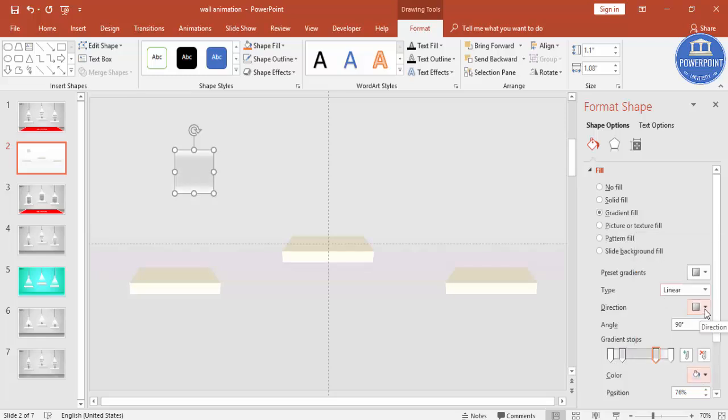So this one you have to make it, and then you can just change the direction,